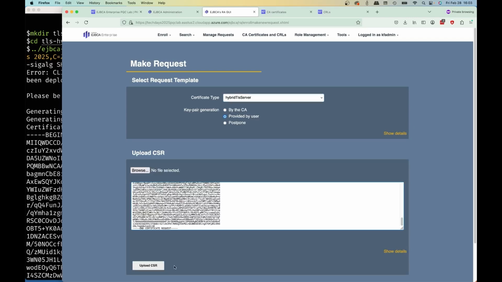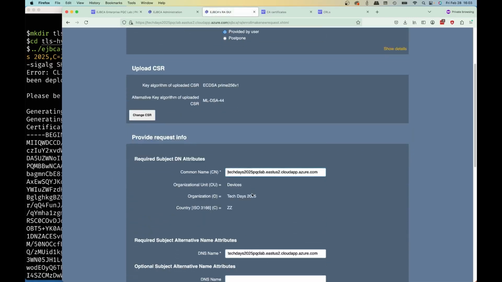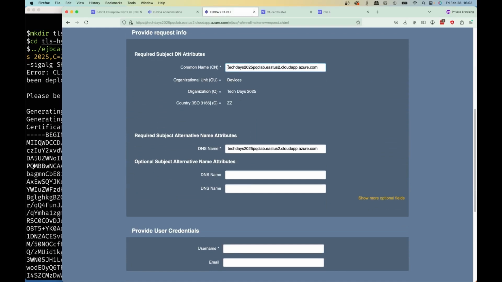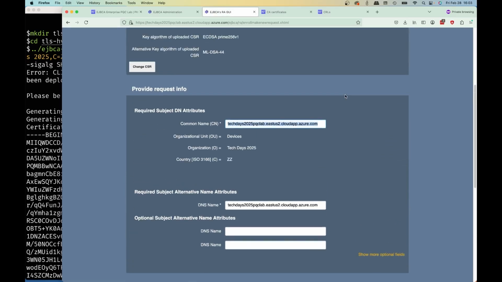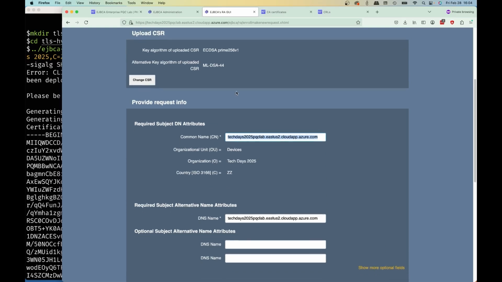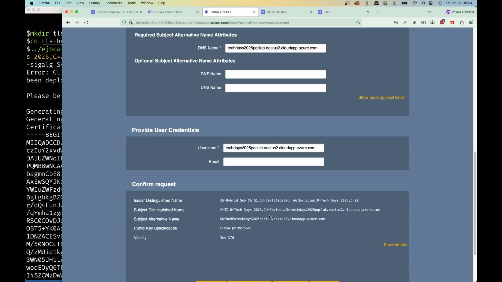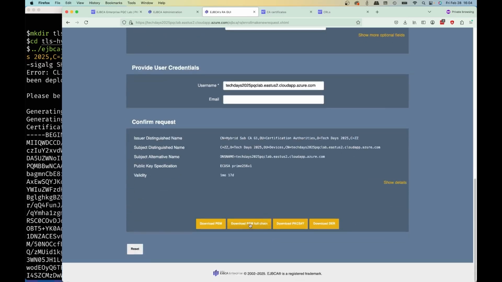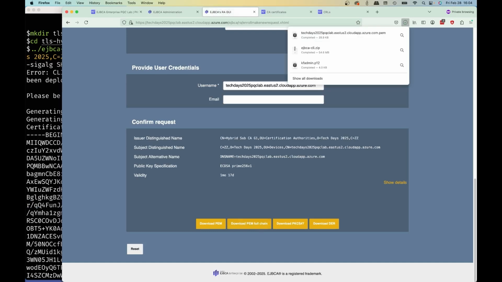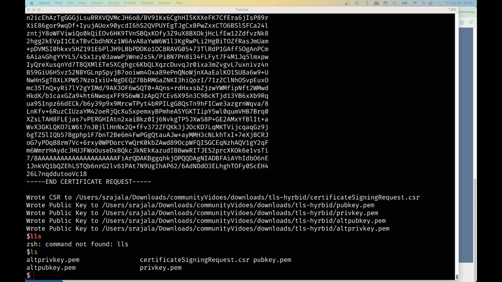If I upload a CSR, we can see it's a hybrid CSR, and it has a good DNS name as common name, which is strictly not required according to CABForum rules, but it's allowed. It has the proper DNS name as an alt name, and we can give the same username. And then we can download the PEM full chain, and everything has been created in EJBCA for us,